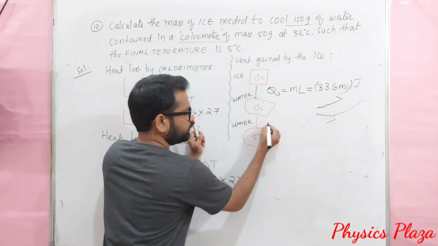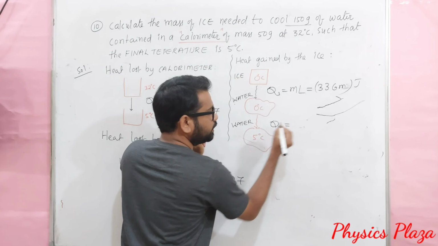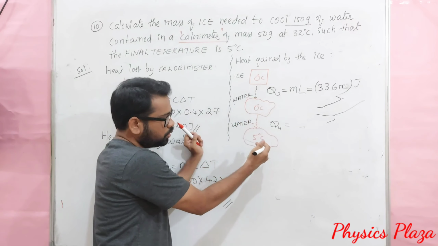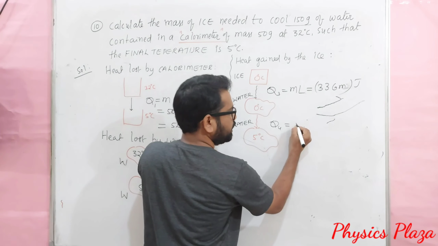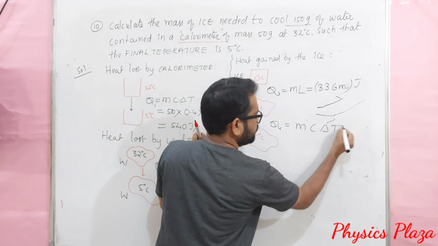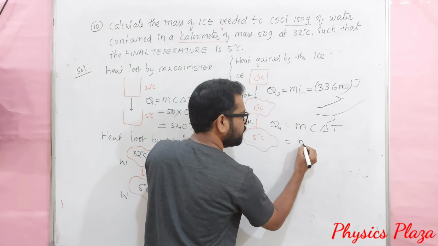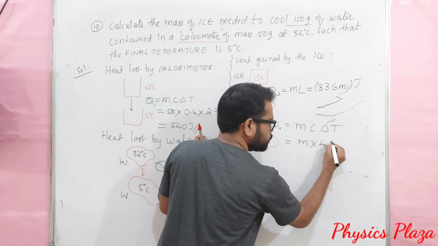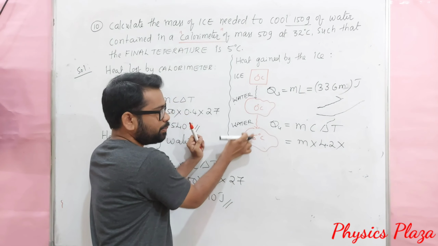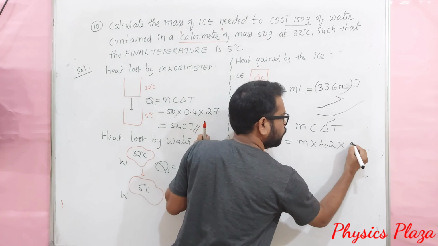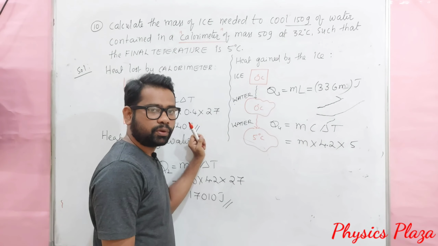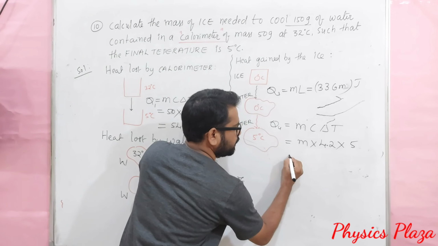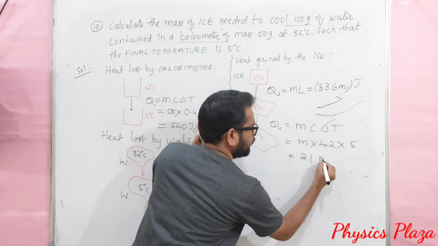In this case, let us say the amount of heat gained to raise the temperature of water from 0 degrees Celsius to water at 5 degrees Celsius will be mc delta T. Here m is equal to how much, dear children? Not given. C is what? The specific capacity of water we should take here, it is 4.2. And delta T is what? 5 minus 0, so it will be 5 only. So how much will you get? 4.2 times 5, 21 m. So 21 m joules.